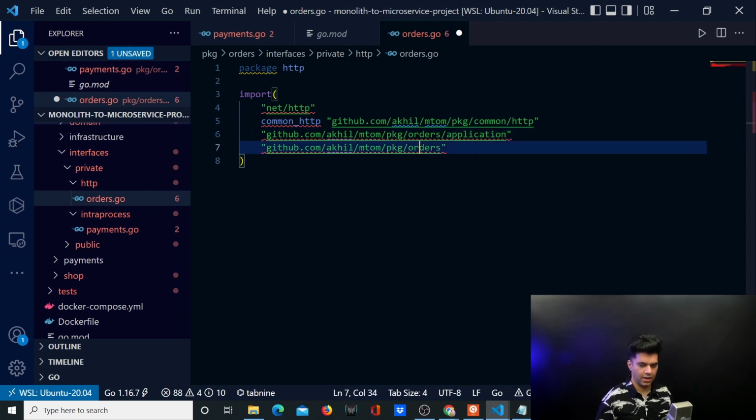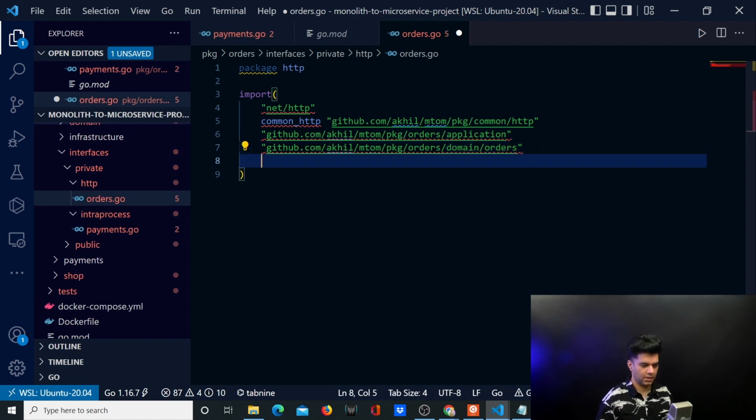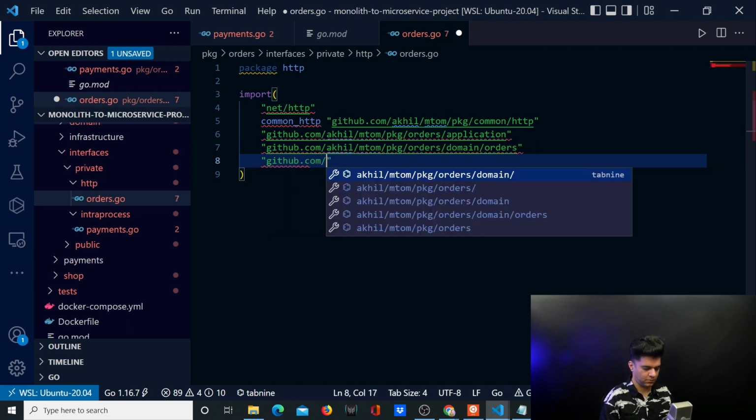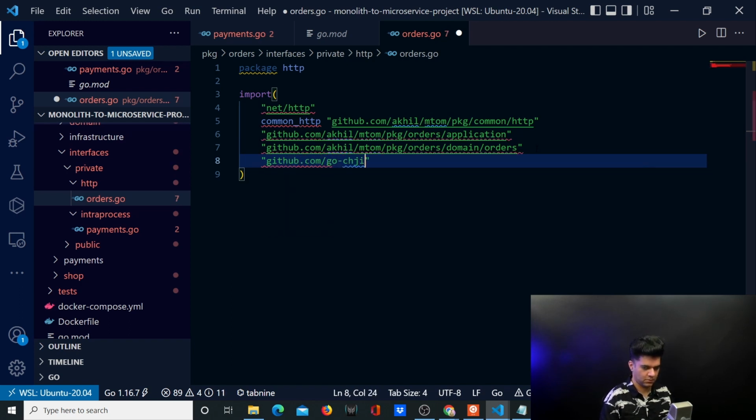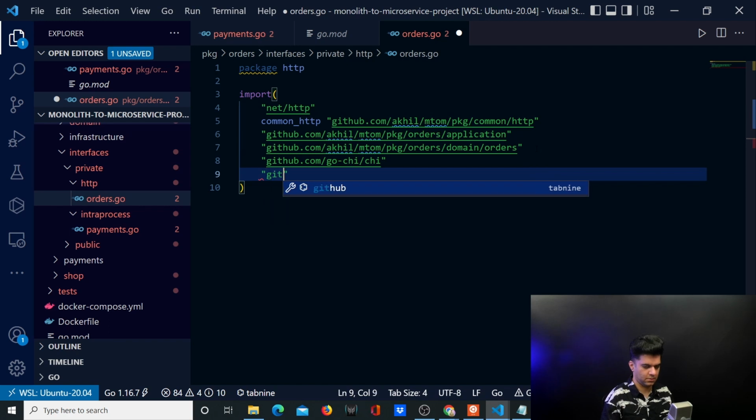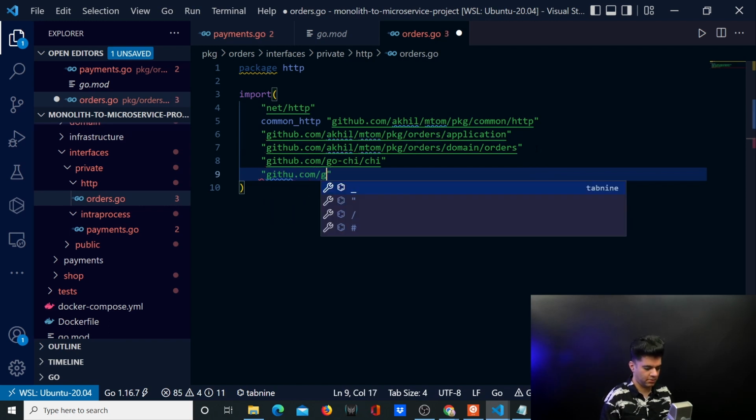And here you'll have domain slash orders, pkg slash orders slash domain slash orders. And then I need the chi router, and I need render,